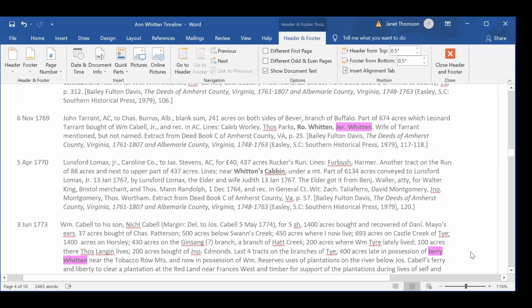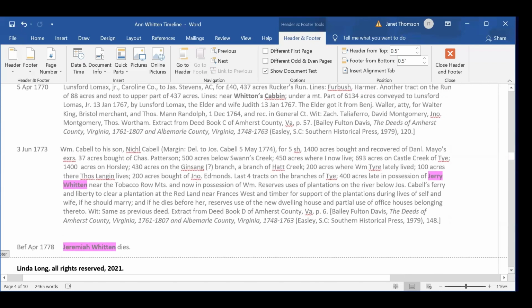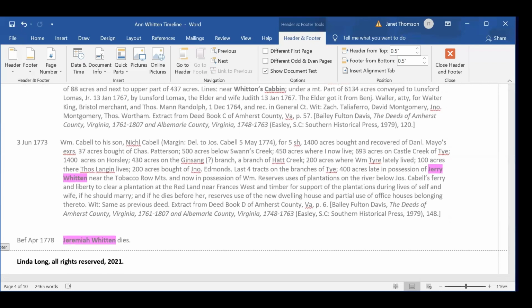Okay, and so it says the wife of Tarrant is mentioned but not named. Again, keep that in mind for later on, because we may even revisit this document if Linda has been incredibly generous in showing us this. So she's getting down here. She's got 400 acres laid in possession of Jeremiah Whitten near the Tobacco Row Mountains. So you can even identify those in historical maps. And if he reserves use of the new dwelling house and partial use of office houses belonging there to his